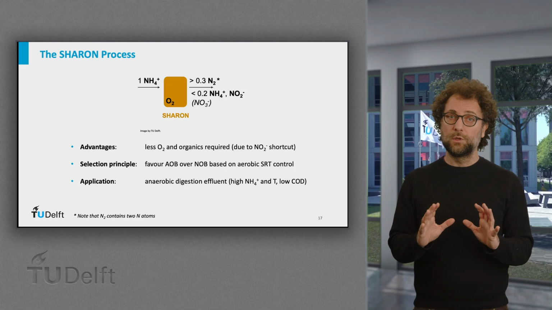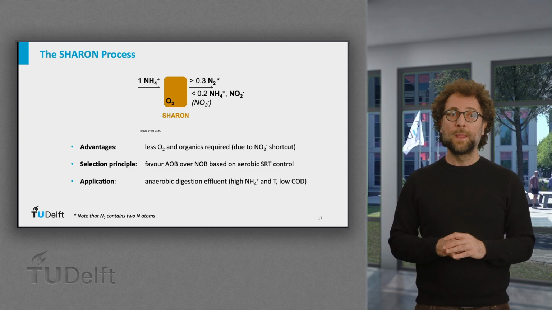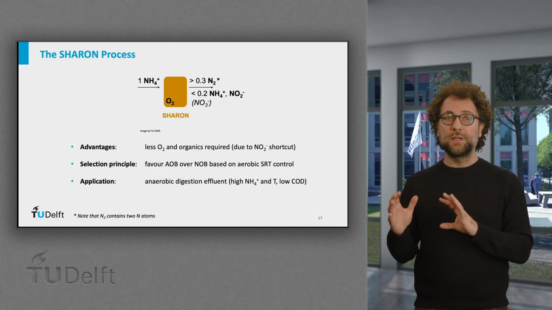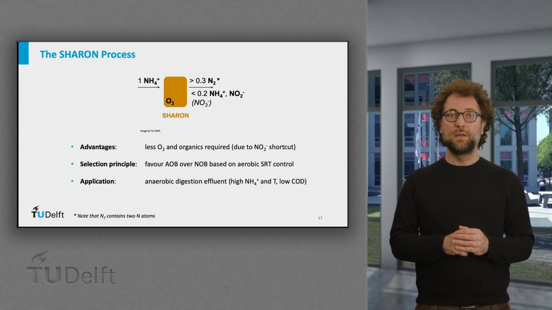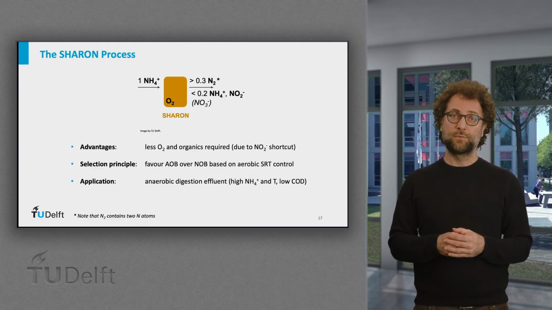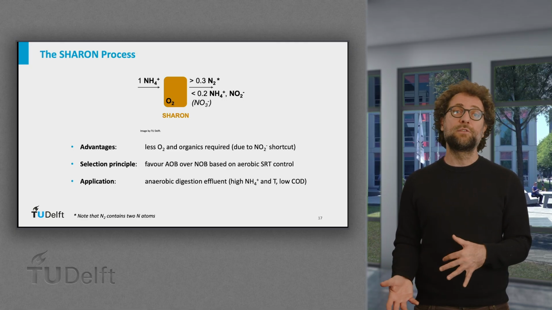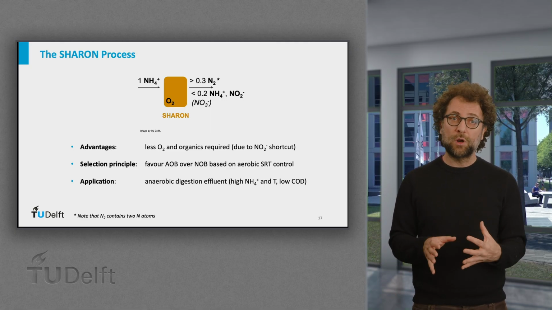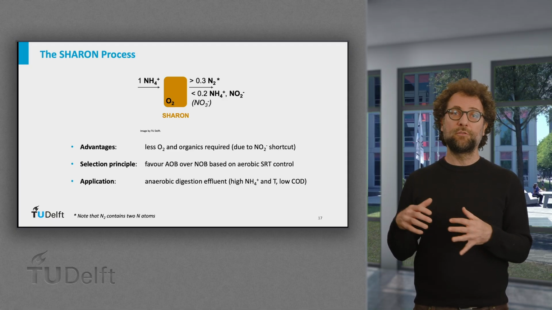To conclude, in the single-stage configuration of the Sharon reactor, at least half of the influent nitrogen is removed in the form of dinitrogen gas, as denitrification is used to control the pH. Effluent nitrate is negligible, and the residual ammonium and nitrite are recirculated back to the main wastewater treatment plant for further treatment.